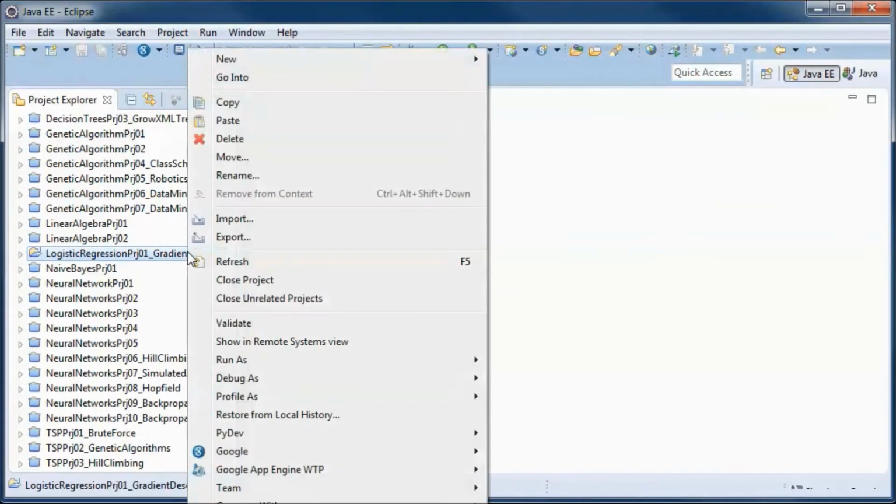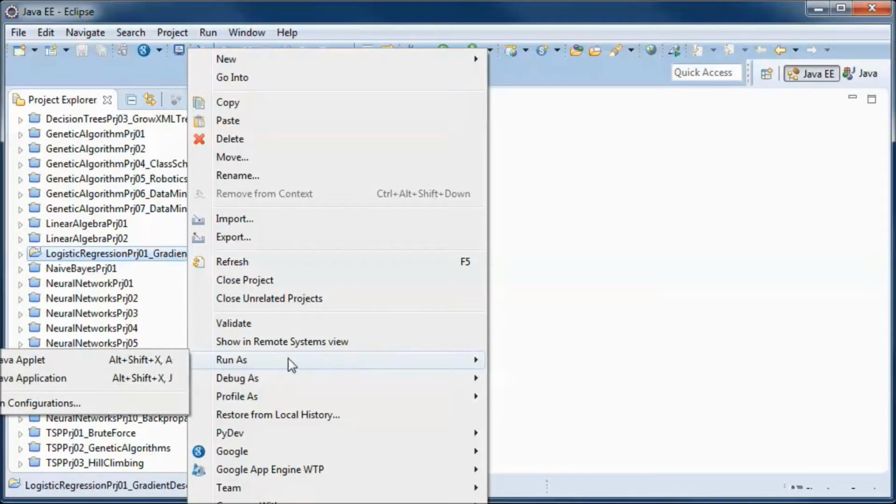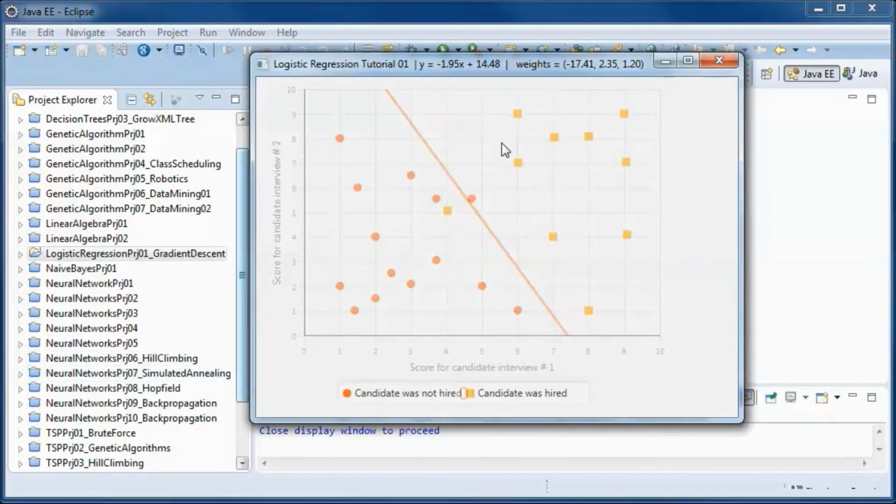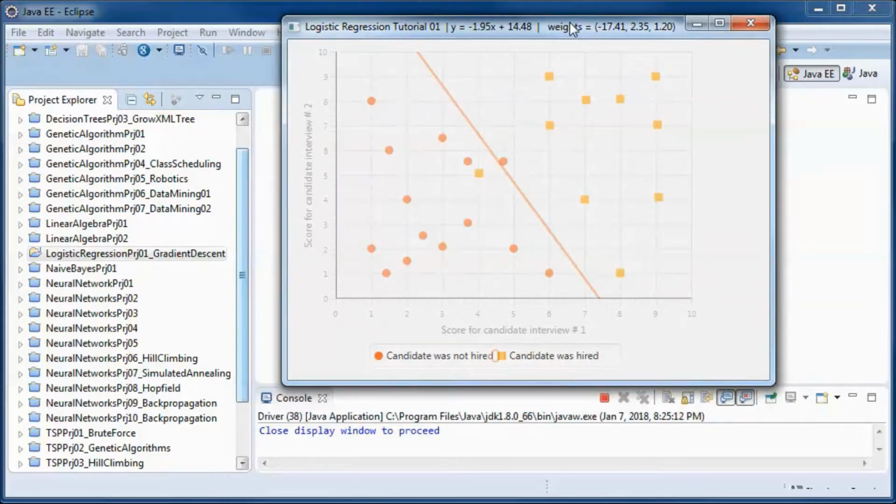This is a pre-built version of the application. So if I go ahead and run it, now suppose a company's hiring decisions are based on two interviews, and suppose that we have legacy data that shows who was hired based on those two interviews, and the score for each interview is on a scale of 0 to 10. And this is the score for candidate interview number 1, and this is the score for candidate interview